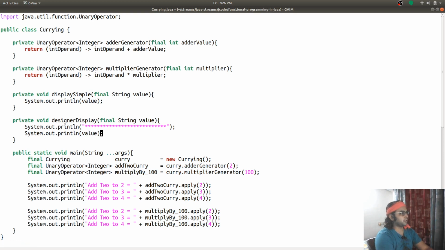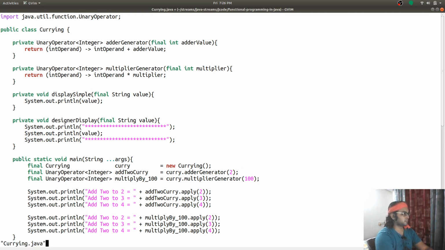So we have two types of display functions.